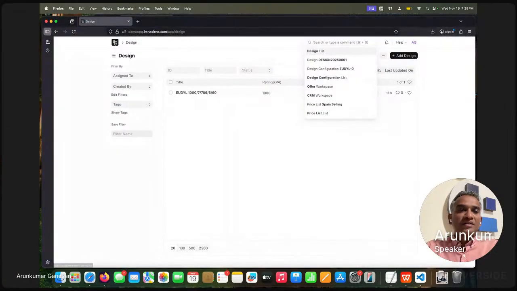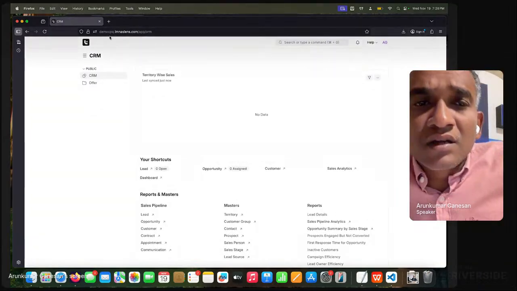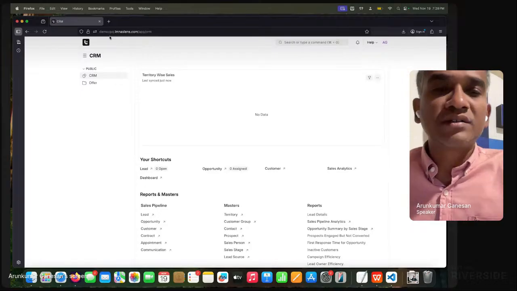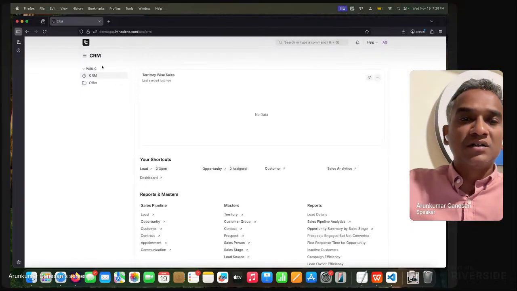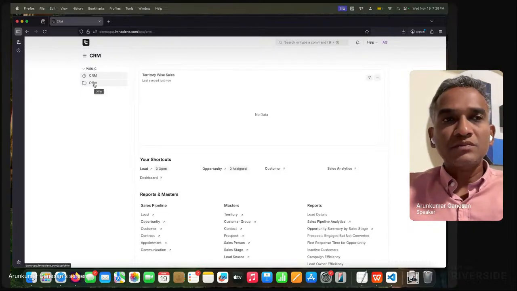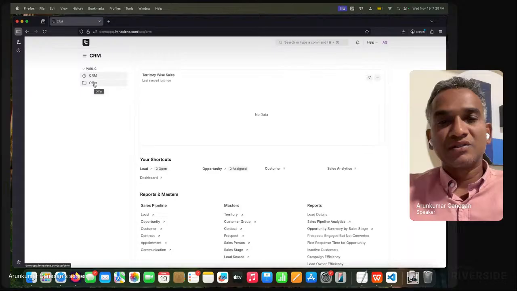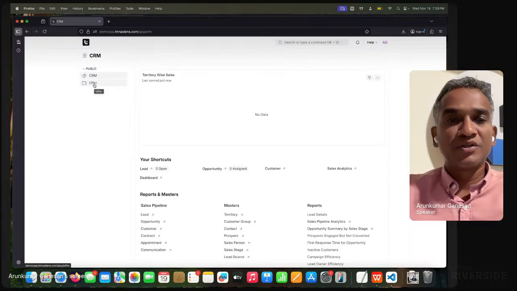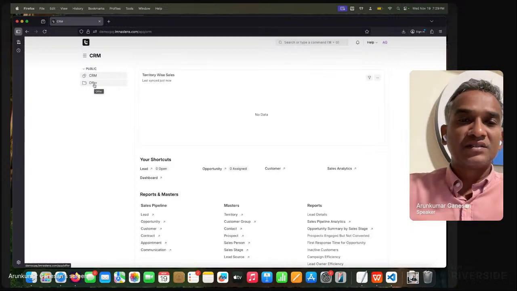Okay, right. So this is our CRM and CPQ tool integrated. It also has an ERP integration, analytics integration, and AI integration, which I'm not going to showcase today because that is not the scope of the discussion.